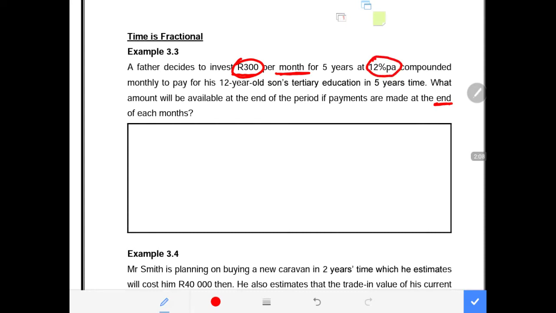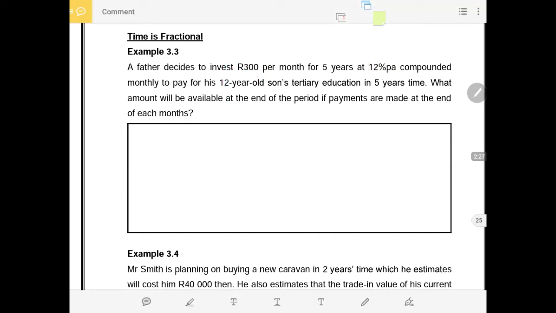So the payments are a series, they are equal, at the same interest rate, paid at regular intervals, which is monthly in this case. Therefore this exercise qualifies to be called an annuity, and is called an ordinary annuity. Master that definition, guys. Sometimes you get asked in theory, so make sure you have it at the back of your mind. Our main focus is to know how much will be available at the end of 5 years, if these payments are made every month.